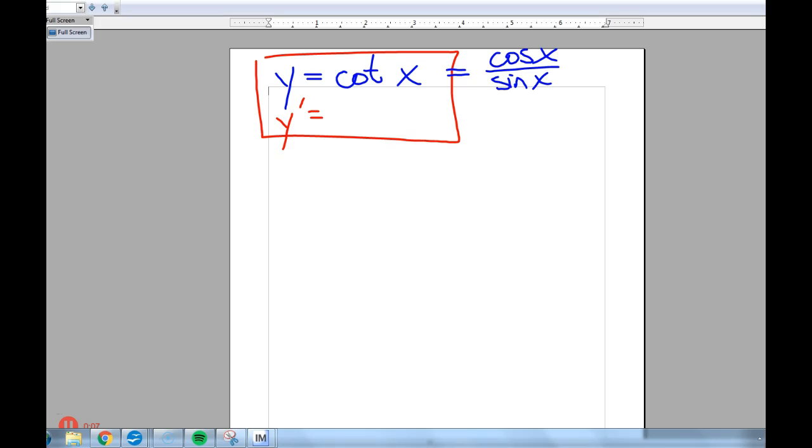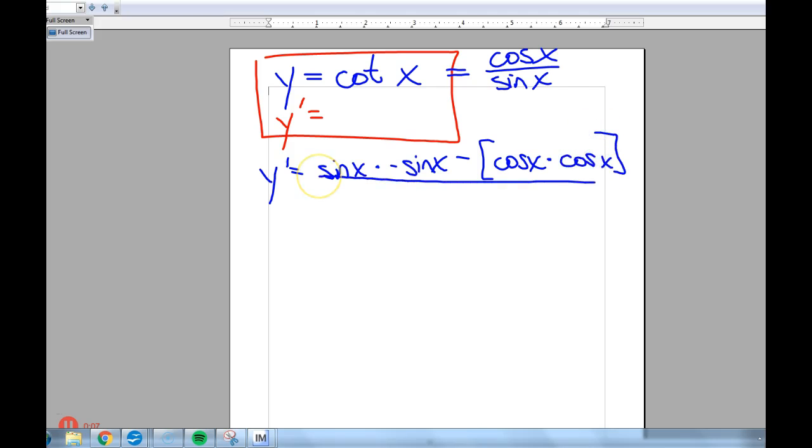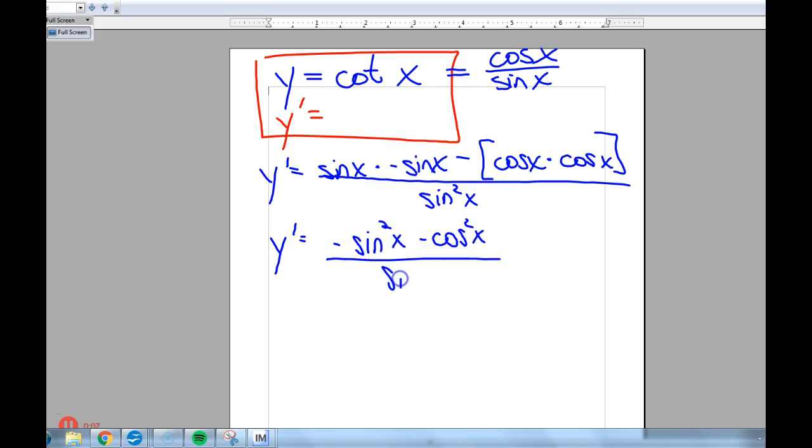Fair enough. 1 over sine. What is 1 over sine? Cosecant. So, quotient rule says the bottom times the derivative of the top. What's the derivative of cosine? Negative sine. Minus the top times the derivative of the bottom. What's the derivative of sine? Positive cosine. Over the bottom squared. So this becomes negative sine squared of x minus cosine squared of x over sine squared of